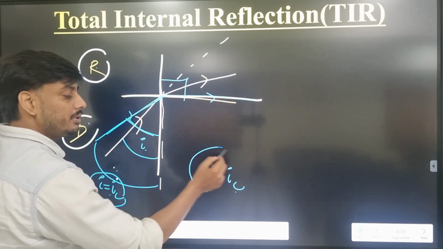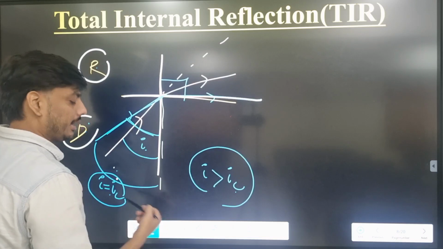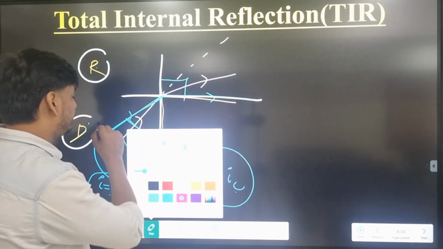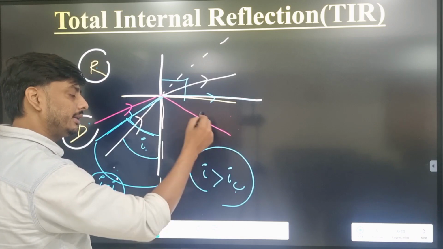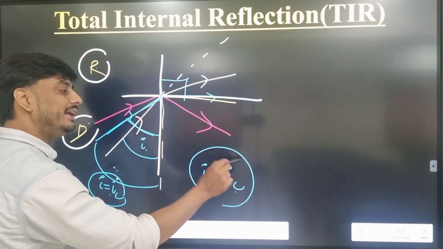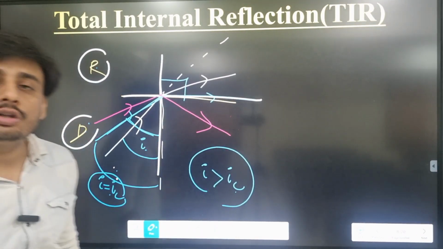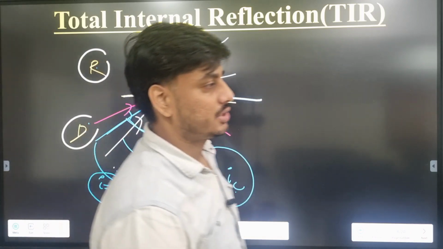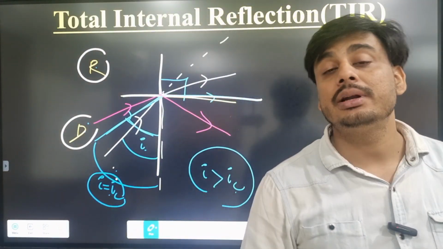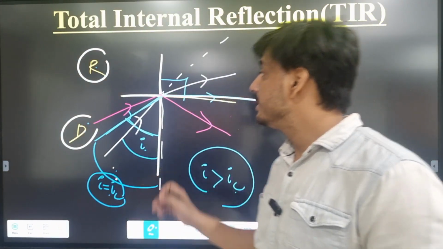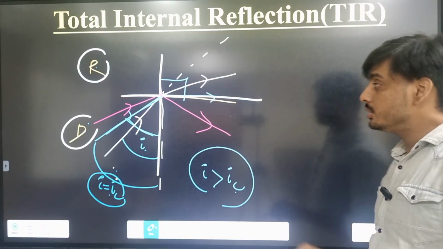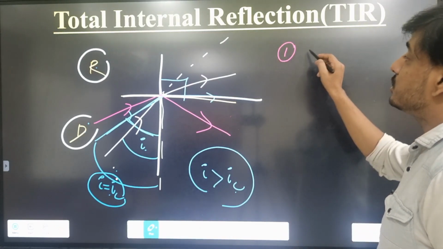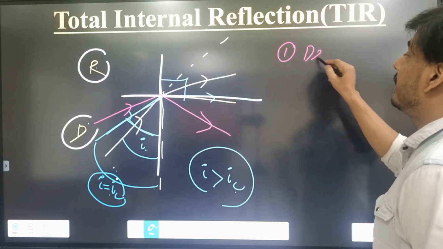If the angle of incidence is more than the critical angle, then the ray of light is completely reflected back into the same medium instead of refracting. Since the ray of light is completely reflecting into the same medium, this is said to be total internal reflection. So the conditions are: the light must be traveling from optically denser